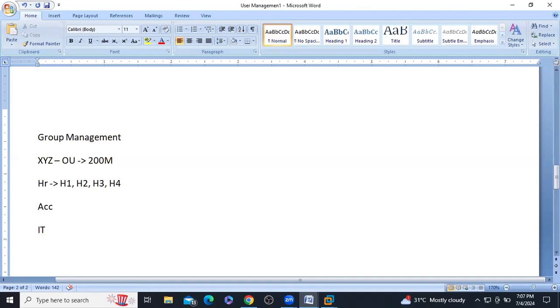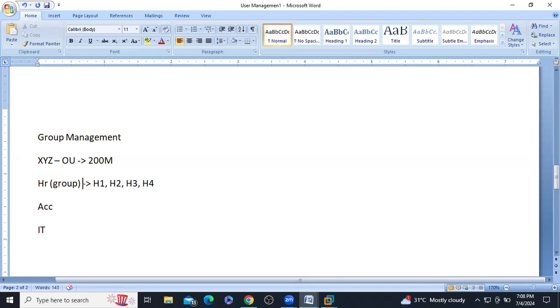Instead of providing the permissions individually, we are going to add all 20 people into an HR group. Then instead of providing the permission for each user, we provide the permission for the group. Whatever permission the group has will be applicable to the users also. So inside the OU, we need to create groups.